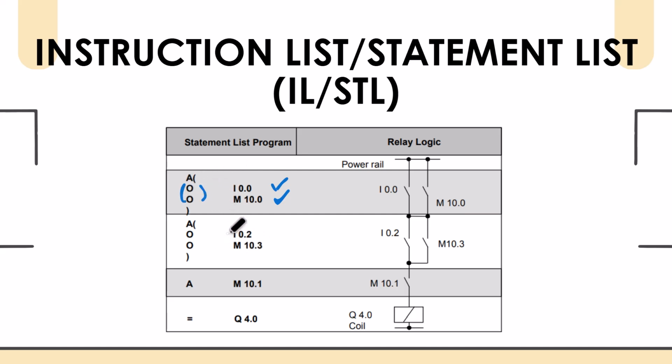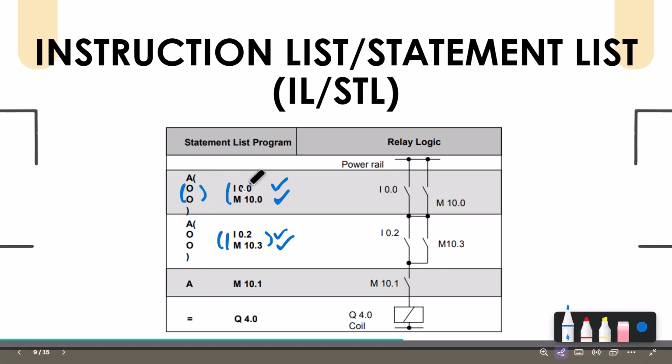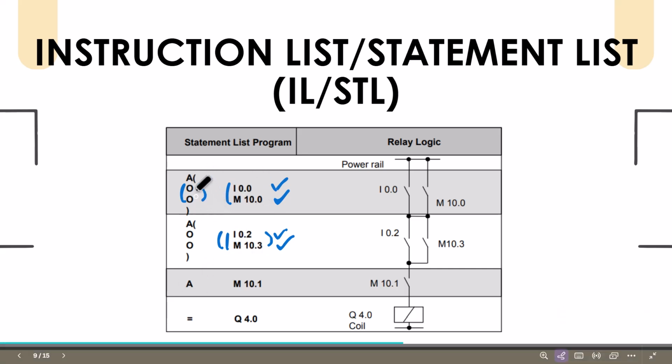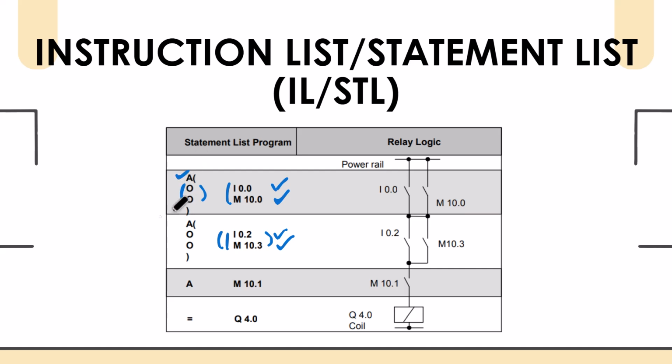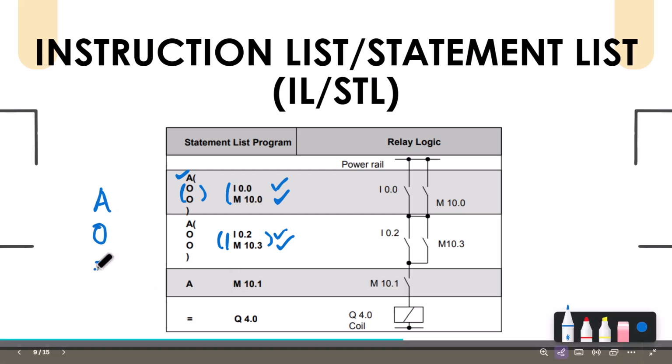And over here you can see that I0.2 and M10.3, these two signals have been ORed, and whatever the results of these two OR operations are, the result is ANDed. These two results have been ANDed through this A. So the A is the AND operation, the O is the OR operation, and this equal sign